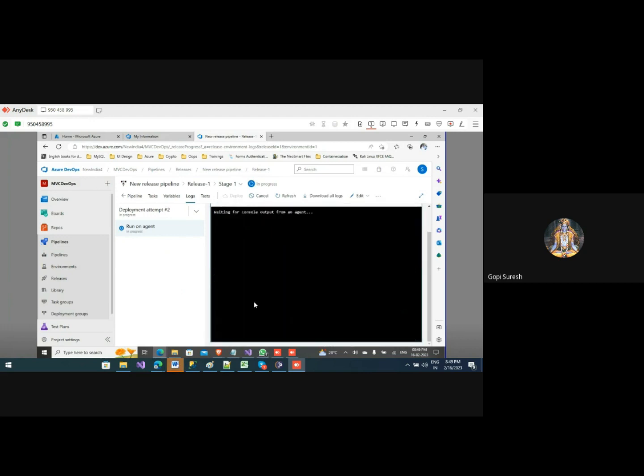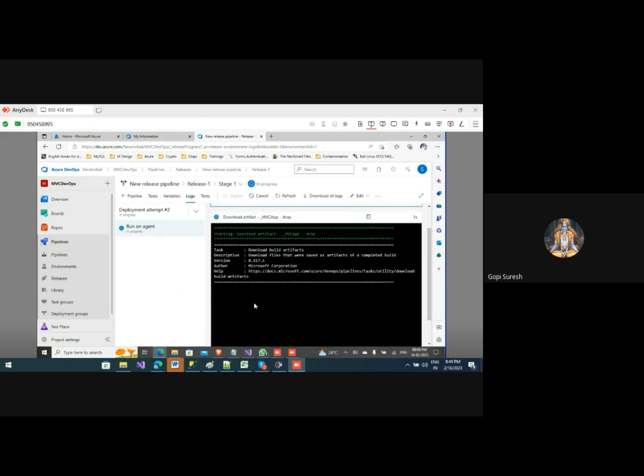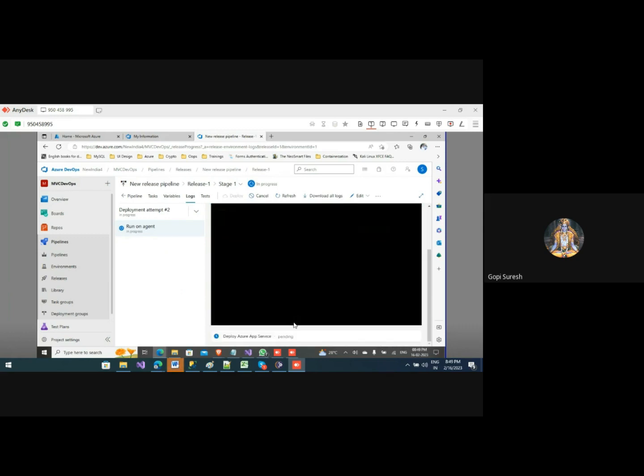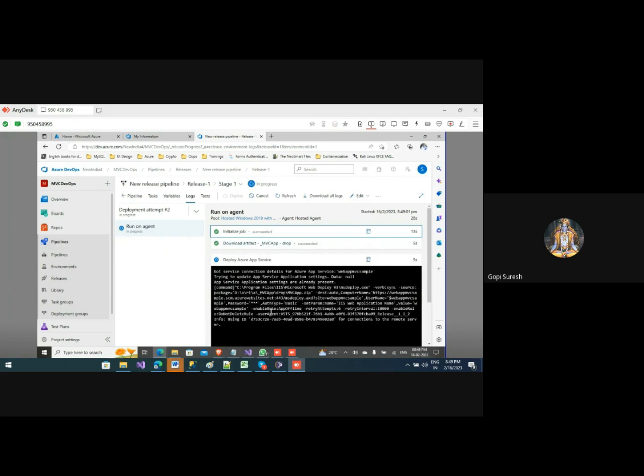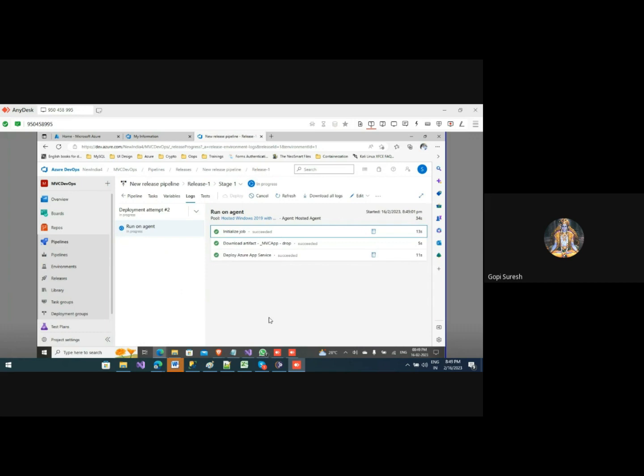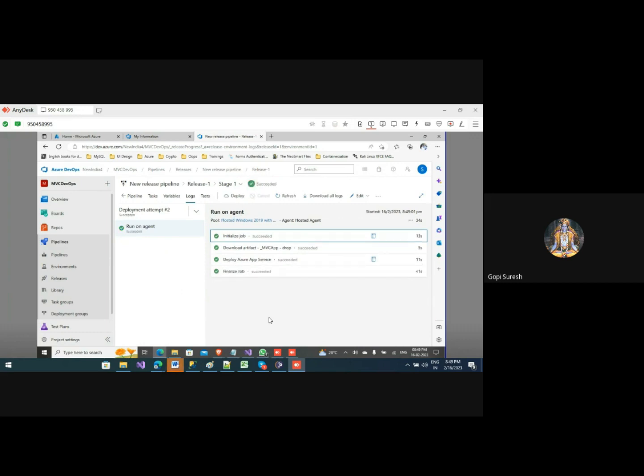It is going on. So downloading the build artifacts. So all these activities that you can see. So it pushes the application to the drop folder. Drop folder means whatever you developed will go to the drop folder activity. So it is deploying, it is finishing the job.